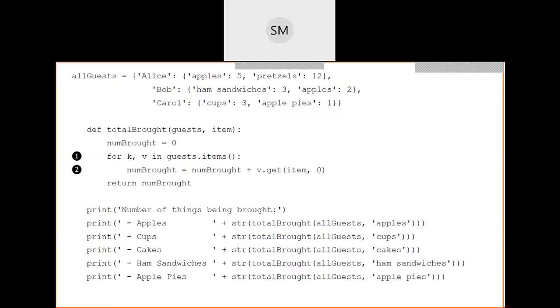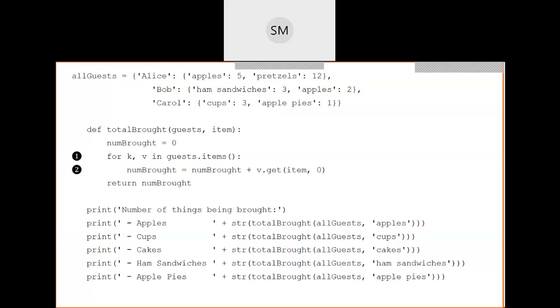It means it is one item of picnic, pretzels 12. And second key is bob, and second value for this bob key is ham sandwich is 3 and apples 2. And third key for our main dictionary is carol, and the value corresponding to this key is cups 3,